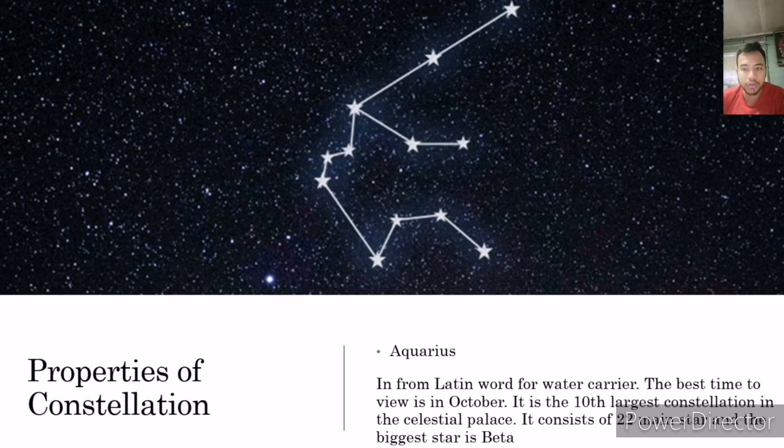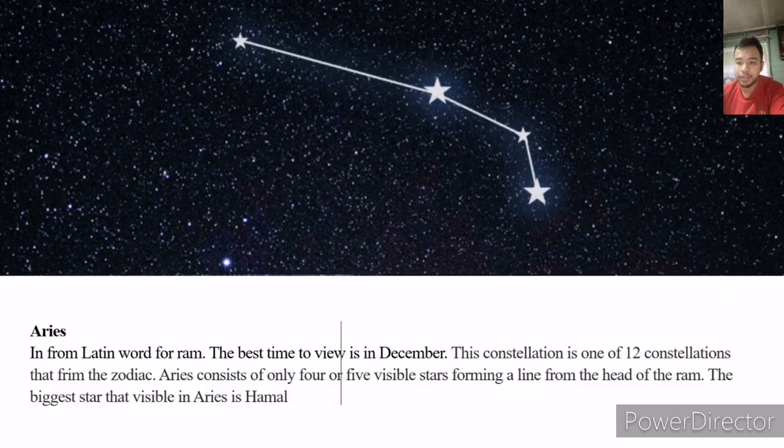So first we have Aquarius. It is from the Latin word for the water carrier or water bearer. The best time to view is in October, and it is the 10th largest constellation in the sky. It consists of 22 main stars, and the biggest star is Beta. Next, we will go to Aries, which is from the Latin word for ram, or sheep, I think.